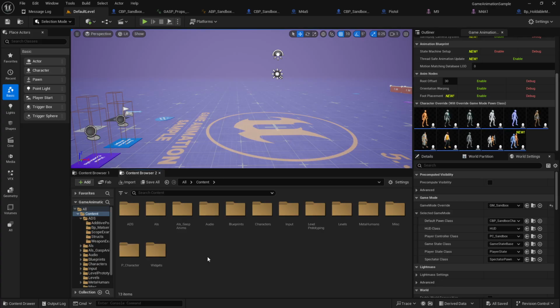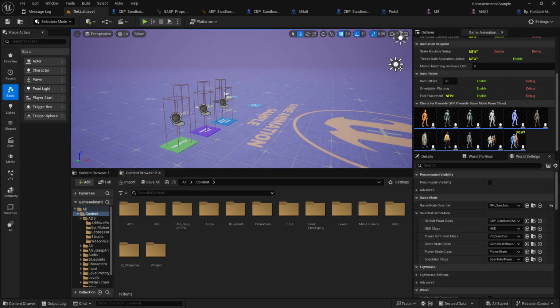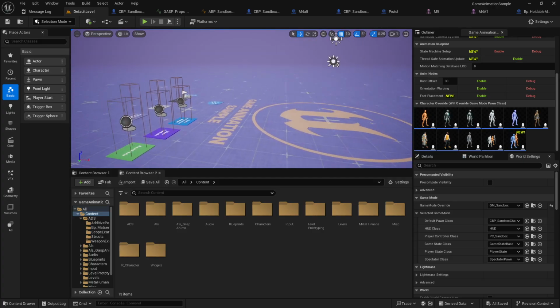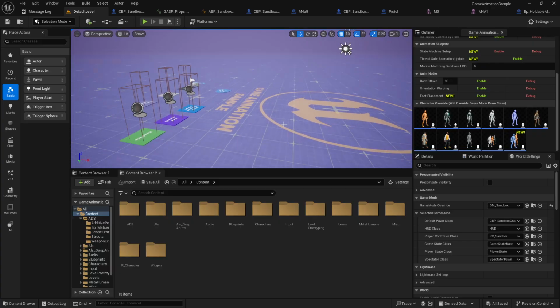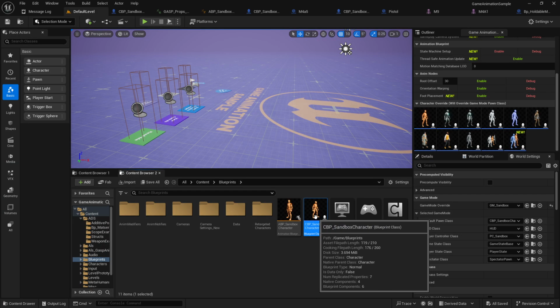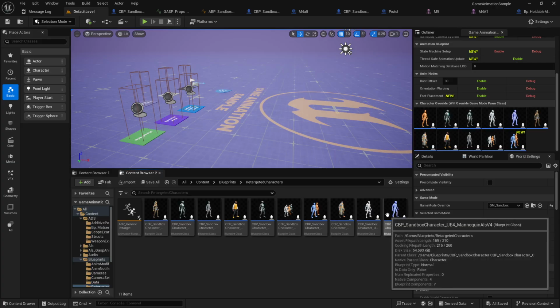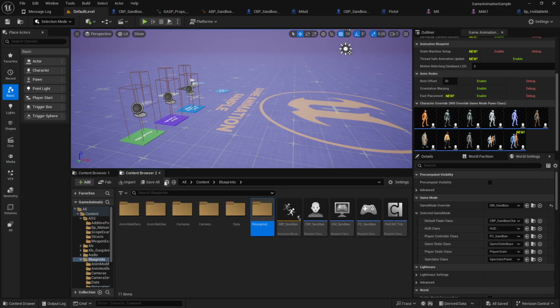So what I would say, if you are able to fully retarget this system to the UE4 mannequin, so the UE4 mannequin happens to be the parent, and then the others are children of the UE4 mannequin, it is going to be perfect. The reason why I'm saying this is because